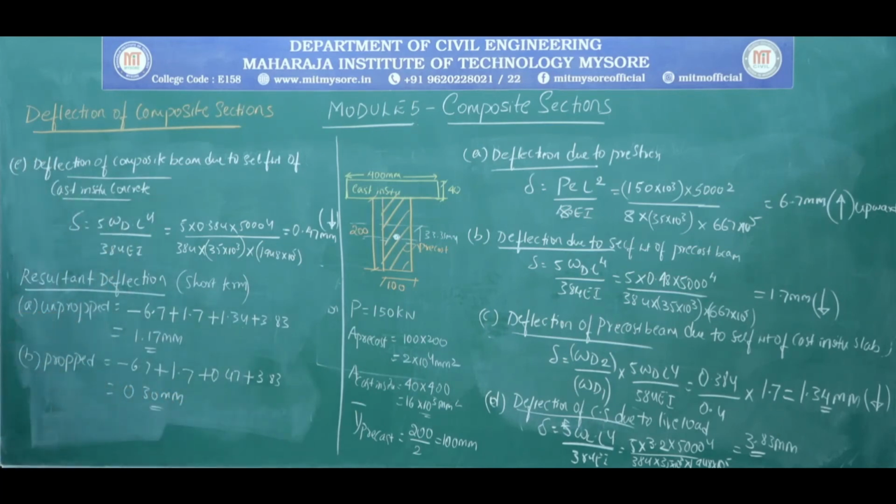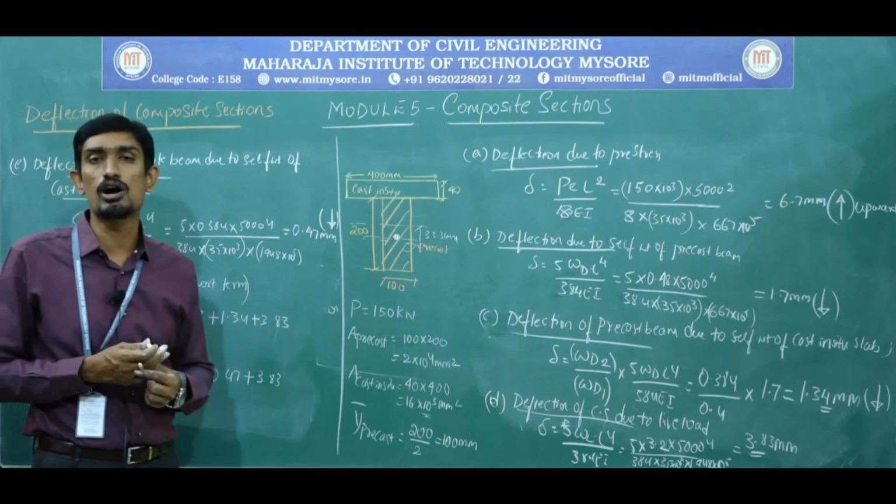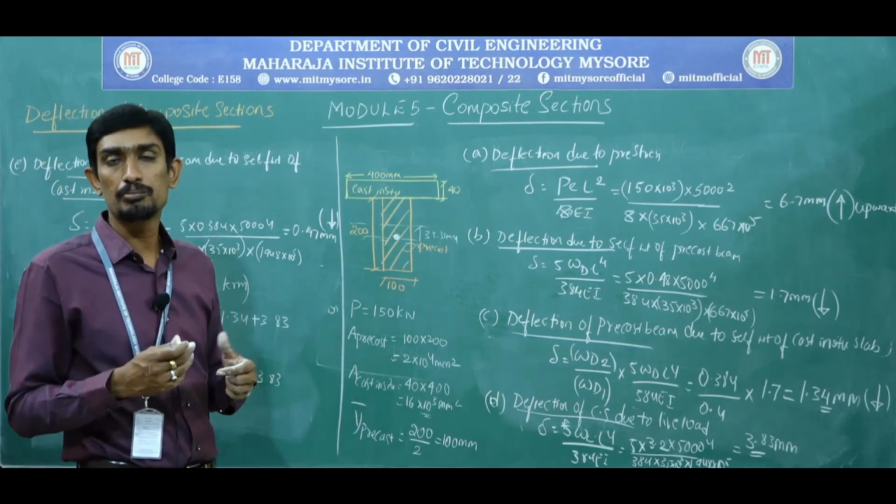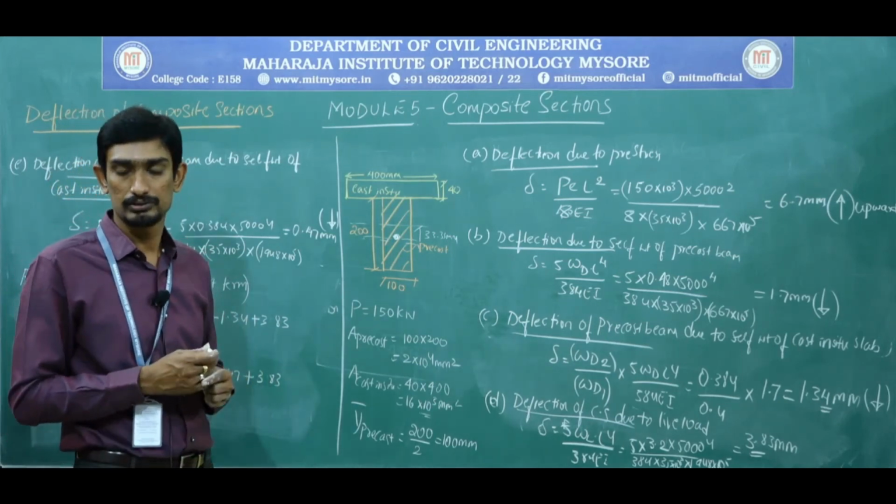Not only do you need to do the problem, simply substituting and getting the answer is not the important thing. You need to know the concept. Observe here, if I am going to prop the precast pretension beam, or support it, you can see the short-term deflection has drastically reduced, from 1.17 to 0.3 millimeter. So this is what you can achieve in the composite section by giving a prop to the precast. Did you get my point?